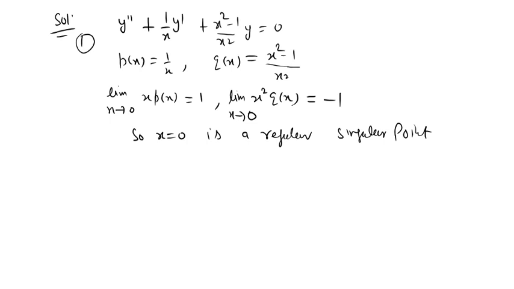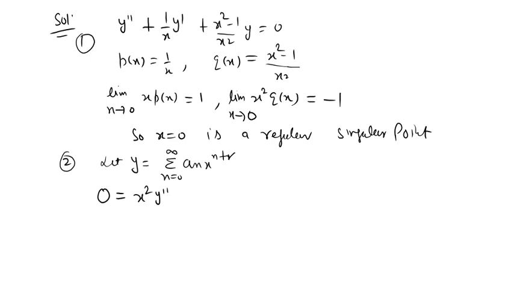So now we find the second part. So now you need to find the solution. First you assume that y equals x^r times a series. Why do we assume this form? Because x equal to 0 is a regular singular point. If x equal to 0 is an ordinary point, then you take simply the sum of a_n x^n. Okay, so now plug in all values in the given differential equation.